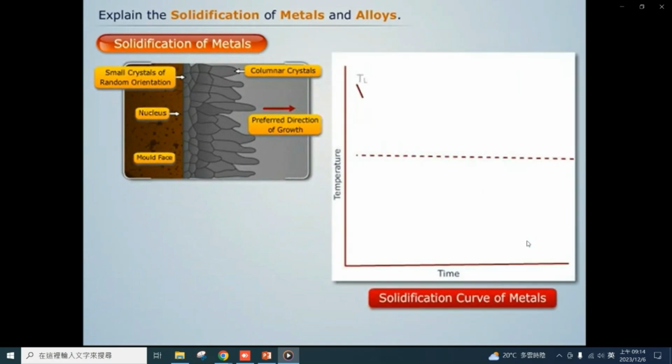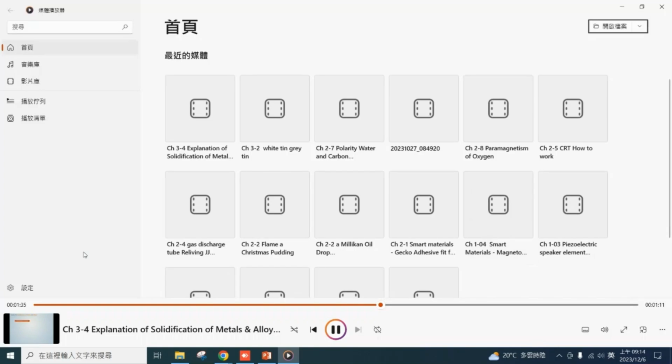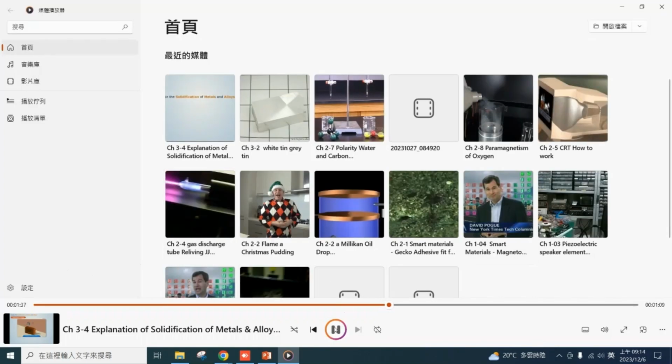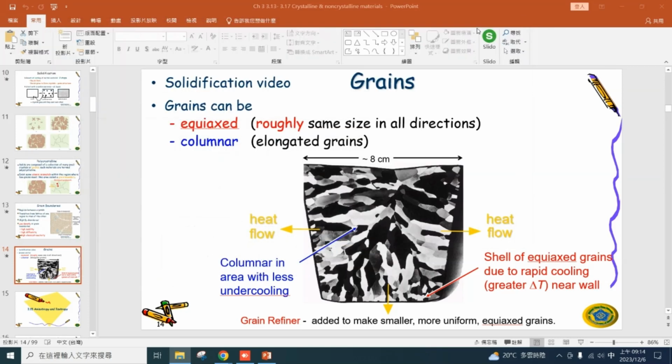This can be represented graphically as... Now let's discuss the solidification of alloys. When we pour the... Okay, forget about alloy. So this information tells you that when you make a solid from liquid, you want to make a very good single crystal. It's not easy from